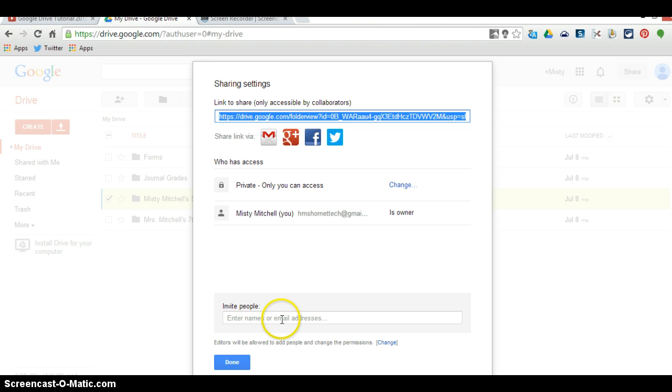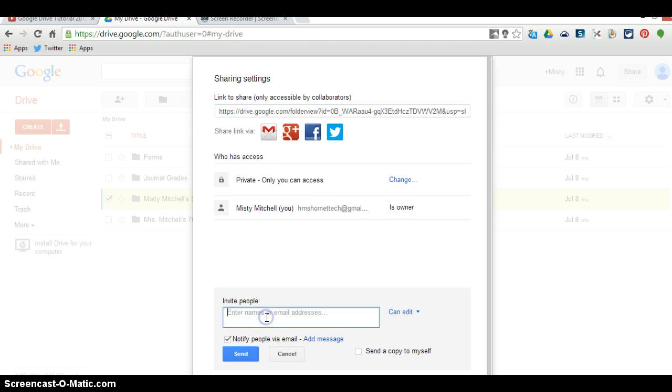If we're just sharing within the school, within Hudson ISD, you can just use the invite people, and this would be the same way later next week when students get their email accounts set up. You're going to use basically the same way to share with your students, but today we're going to share with teachers. So you can just click in this